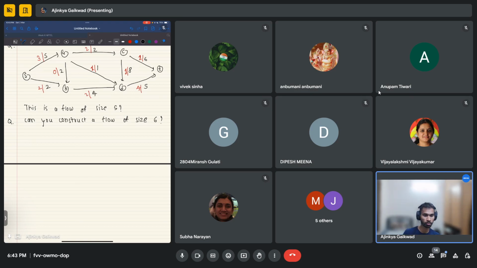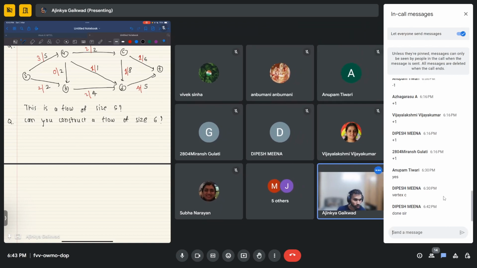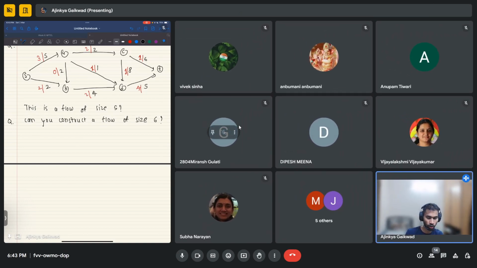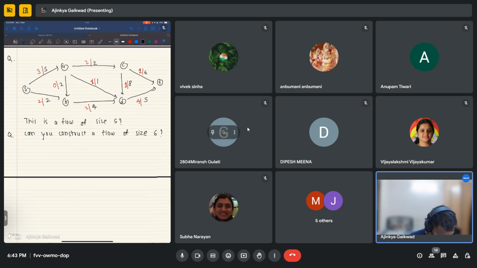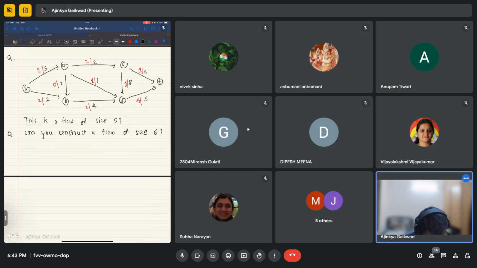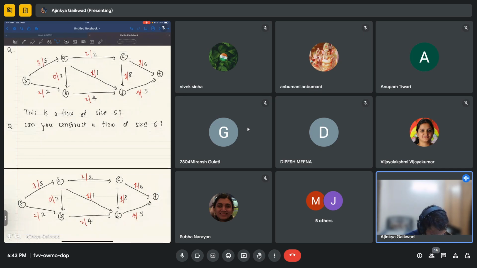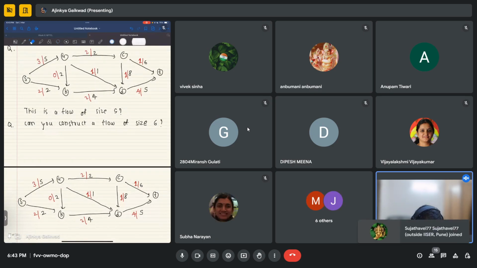Okay, there's some chat. I think one of you is done. So let's draw it together and see. Let me just draw the same graph again. Let me just copy paste it. Okay, so let me remove these flow values, and you can suggest what flow value I should put so that